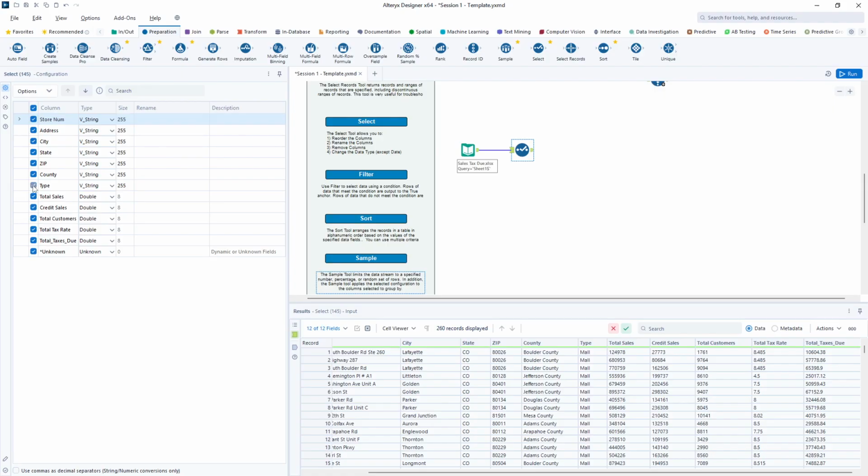So I'm going to unselect all of these columns down here. All I want is my total taxes due and my store information. I don't care about any of this right here. And when I run that,